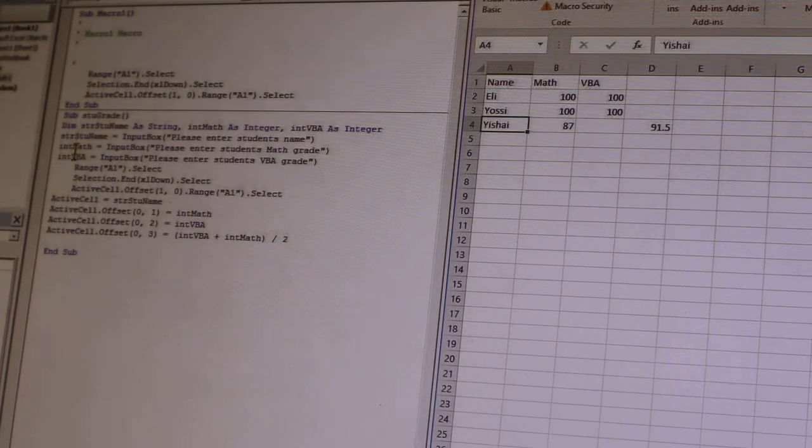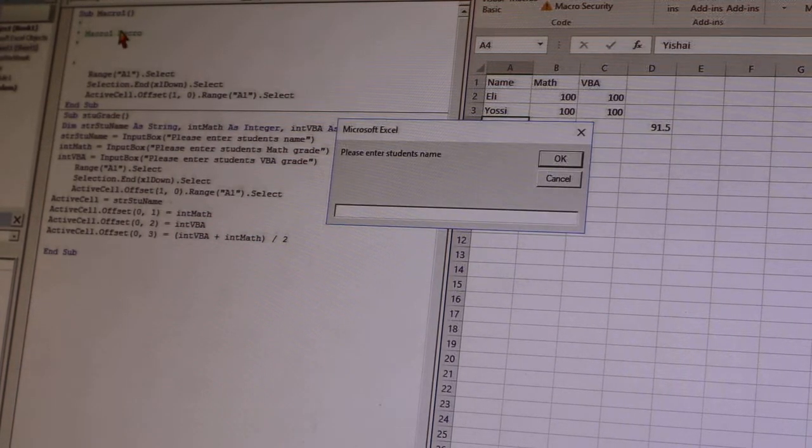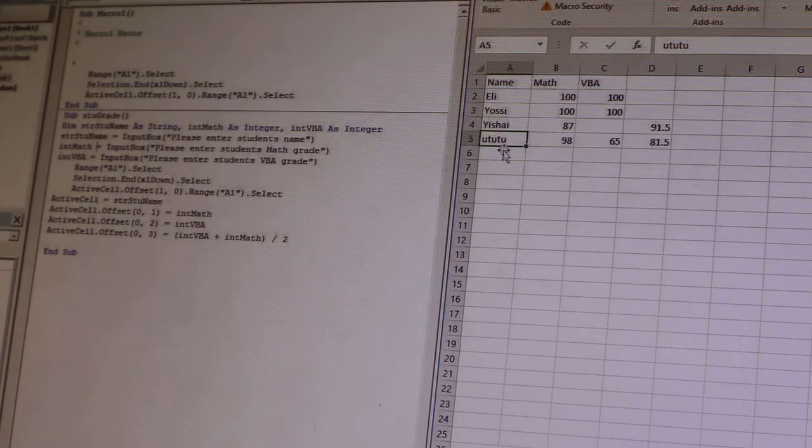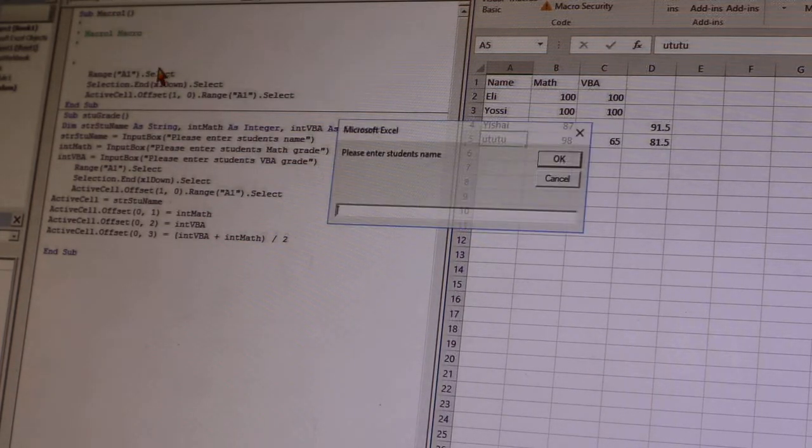And now again, these have no meaning, because these variables have a meaning only when the program is working. So now let's do it again. And put over here new variables and see if it works now. And here I got the new name, and I have 98, 65, and 81.5 for the average, and you put it in the new row. And if I run it once more, I get, again, in the new row,